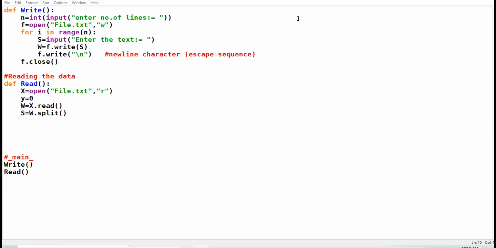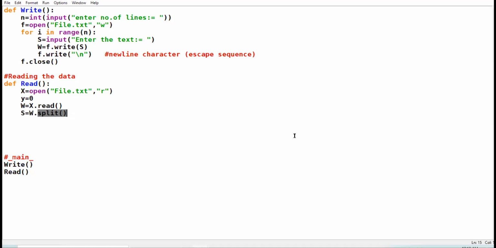I told you yesterday, whenever you have to go word by word, you have to use the split function in order to split your data into individual words.